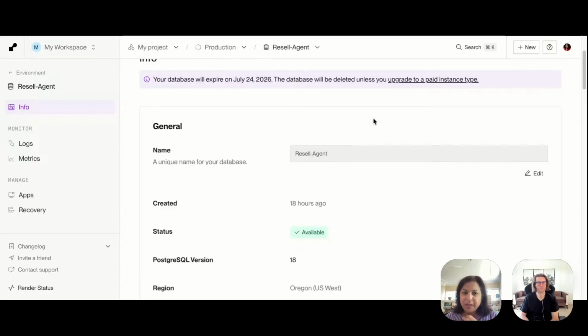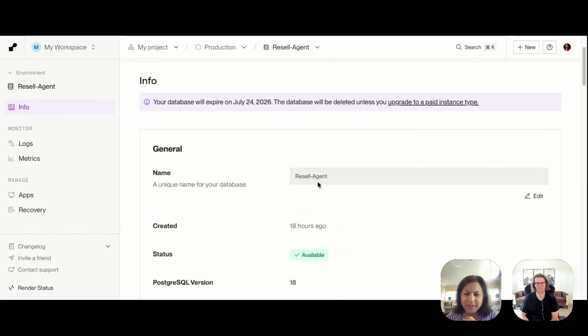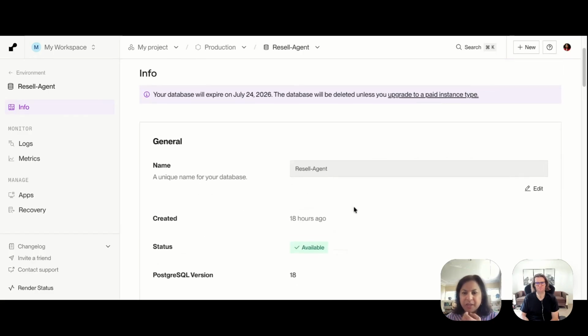Actually, I'll show it to you. Let me pull it up. See, resale agent. Yeah, here. This is great. Actually, let me share my screen. So I've hosted my resale agent, and you can see this is my database. I'm just calling it resale agent. It's a Postgres database. But they're basically giving you a free trial for a month, and after that, you have